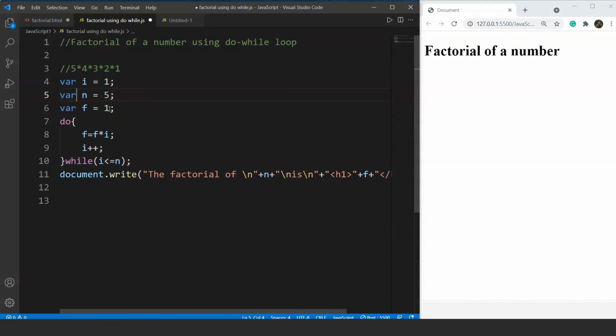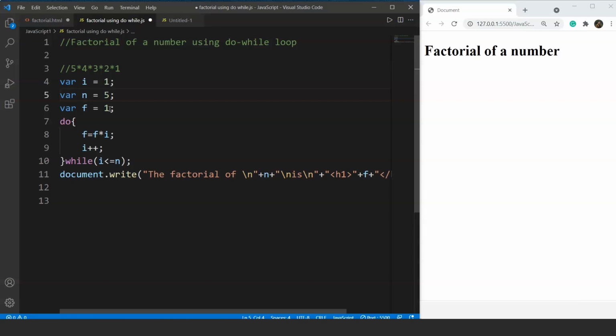And I is for checking the condition. So here we'll use a loop where, for example, if we are taking 5, then the loop will go from 1 into 2 into 3 into 4 into 5, from 1 to that number. It's not like we are going from 5 towards 1, but we are going from 1 towards 5. The answer will be the same, right? Because we are multiplying all the numbers in both cases. So here we took 5 as the number. Next up we have a variable f, and the value of f is also 1, as you know.